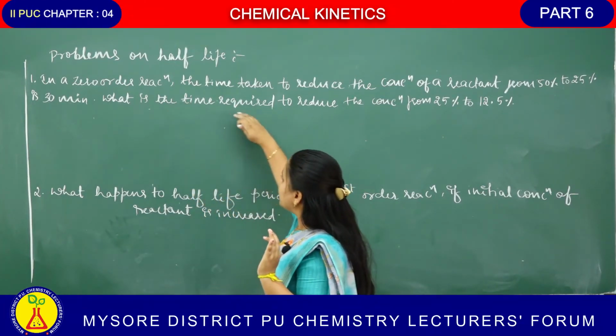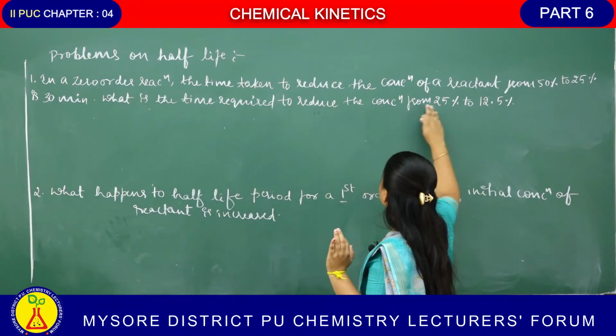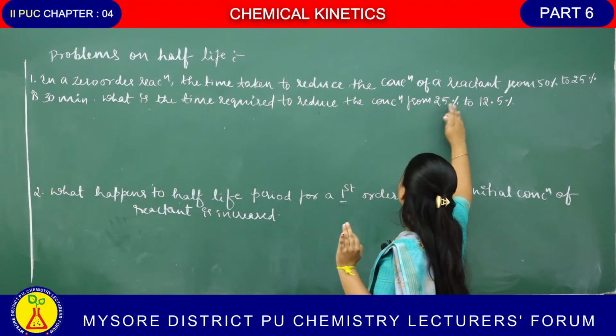What is the time required to reduce the concentration of reactant from 25% to